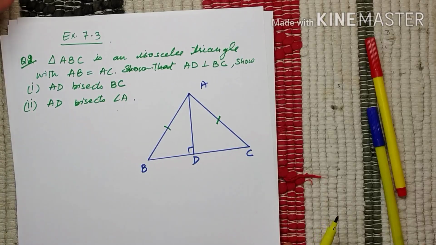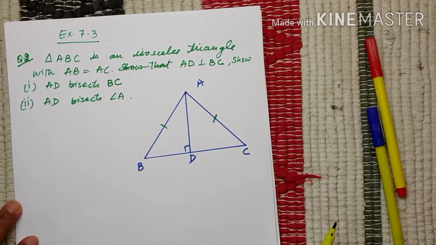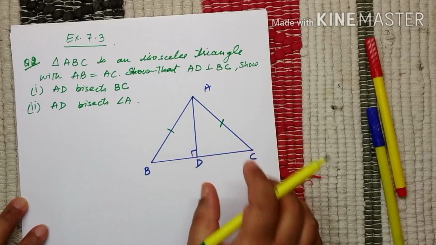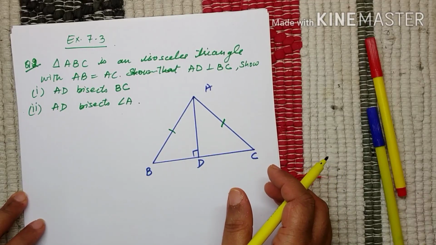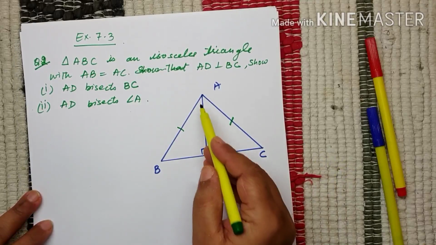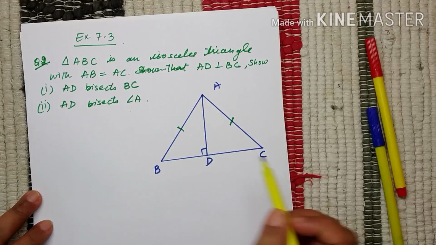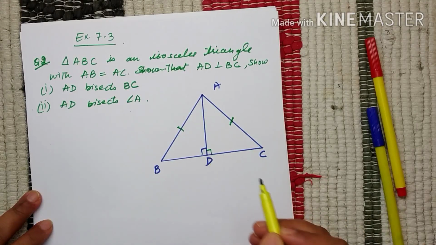Now children, in geometry the figure is a very important part and you need to make your figure readable. Whatever is given in the question, you need to mark in the figure so that you don't have to look back to the question again and again, and you are able to visualize the solution also. So triangle ABC is an isosceles triangle, so I mark the sides AB and AC equal. AD is perpendicular to BC, that means this angle and this angle are 90.